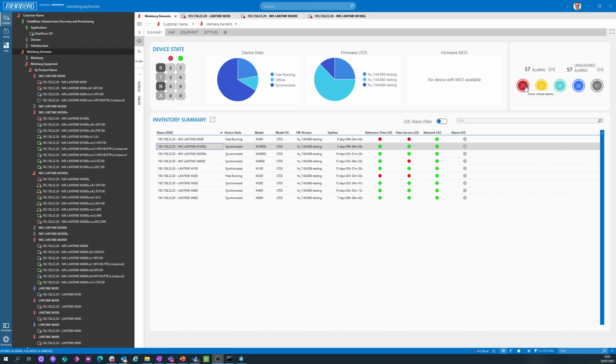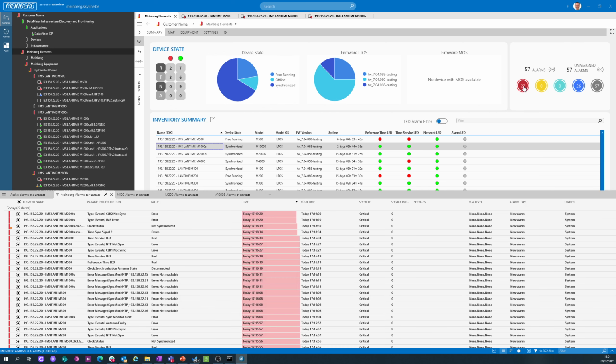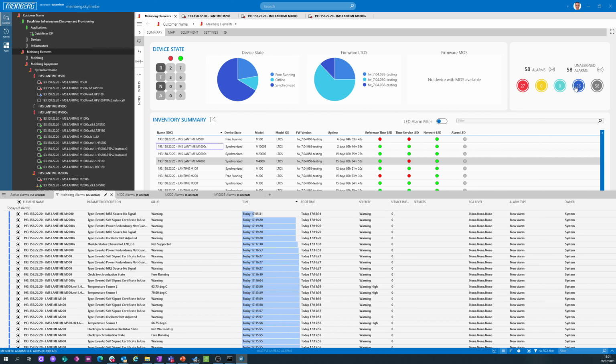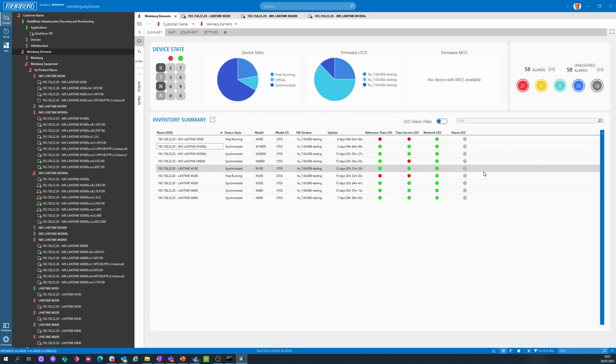You get the number of active alarms on all the devices in your inventory. Simply click on it. Those are the critical alarms. Take the other ones, 26. Those are warnings. To drill down into more details, click on one of those devices,